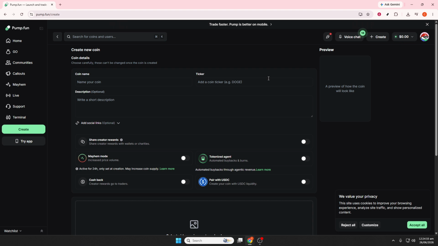From there, focus on building a community. Many successful meme coins grow because they keep people engaged. You can promote your project on platforms like X, Telegram, Discord, TikTok, and Reddit, and it helps to stay active with updates and regular communication. Finally, keep monitoring your coin's performance. Pay attention to things like market cap, trading volume, number of